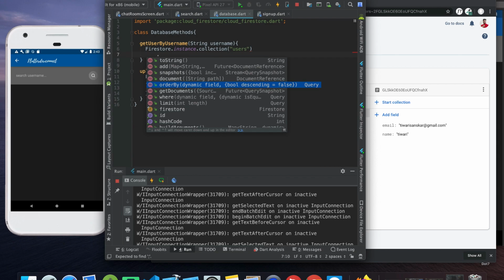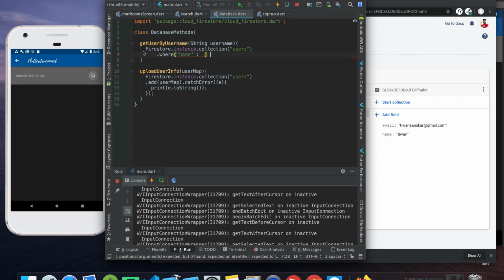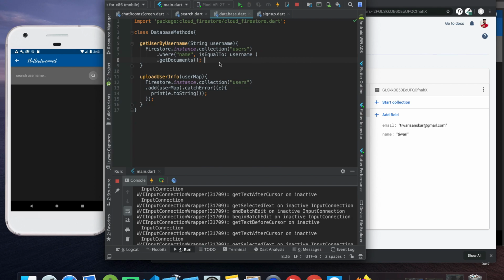We have order by option. We have get documents. Okay, we have to use this dot where, and we will say name is equal to, comma. Okay, yeah. Where name is equal to username. I think then we will say get documents. Correct. So basically what we are doing, we are saying